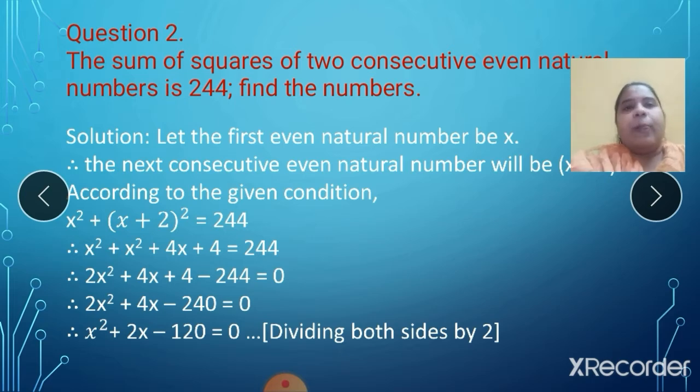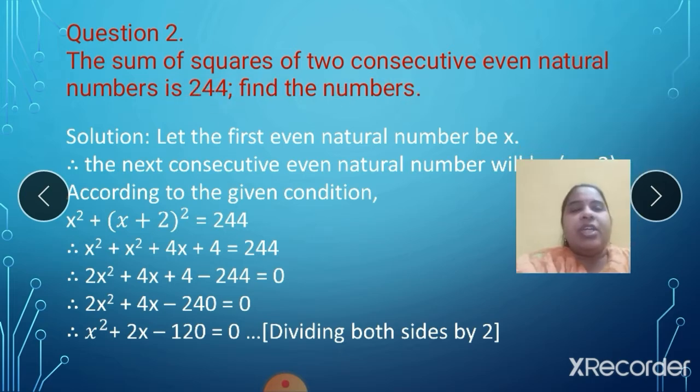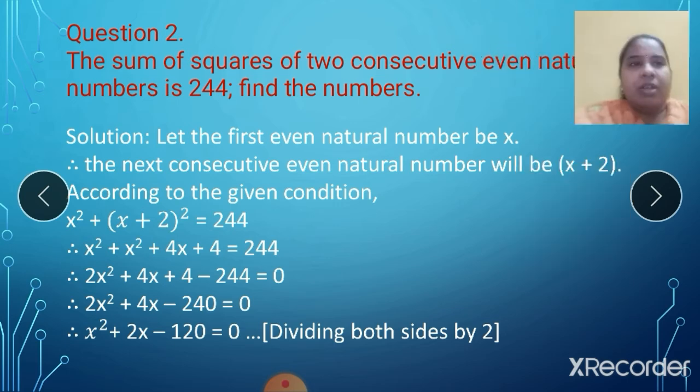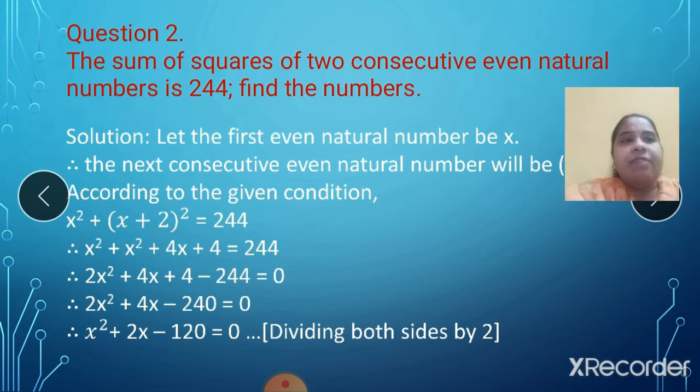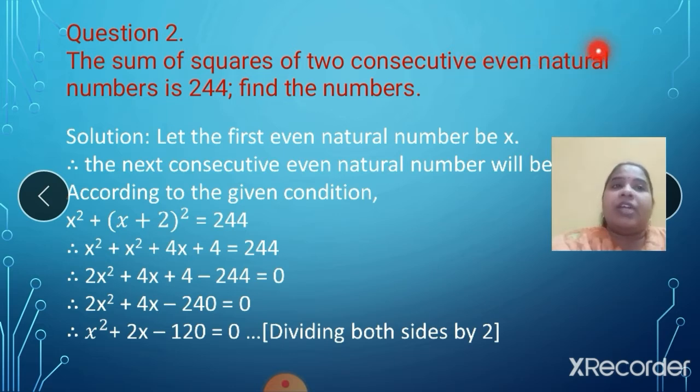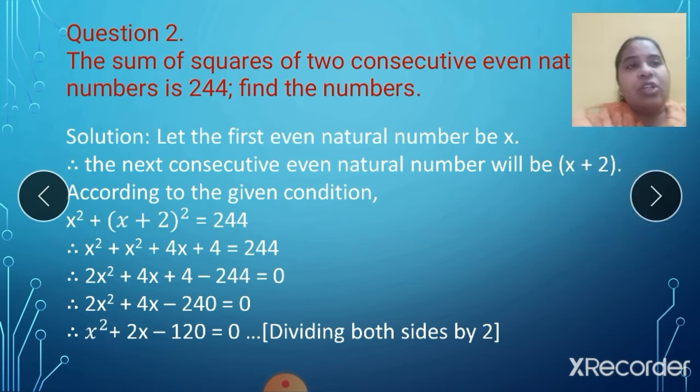See the next question. The sum of squares of two consecutive even natural numbers is 244. Find the numbers. Now this is a clue to remember. I want you to write it somewhere where you are solving this sum, that when it is two consecutive even natural number. Yes, consecutive. If I say only natural number, it will be x and x plus 1. Correct? If I say even natural number, see, even and natural should be even numbers. Even numbers are, for example, 2, 4, 6, 8. Yes or no? There is a difference of 2 in them. And it should be natural, so only positive numbers.